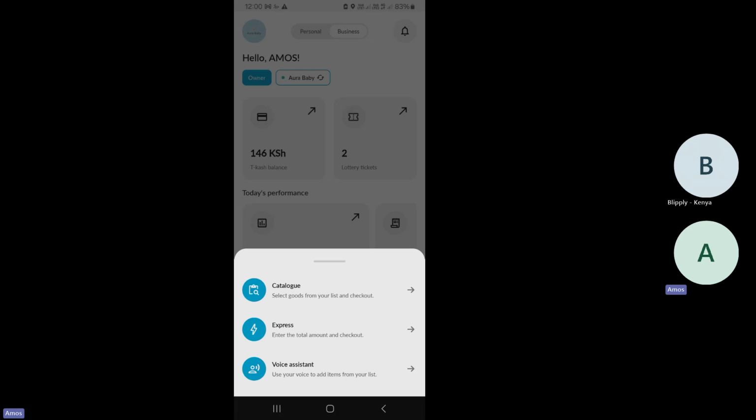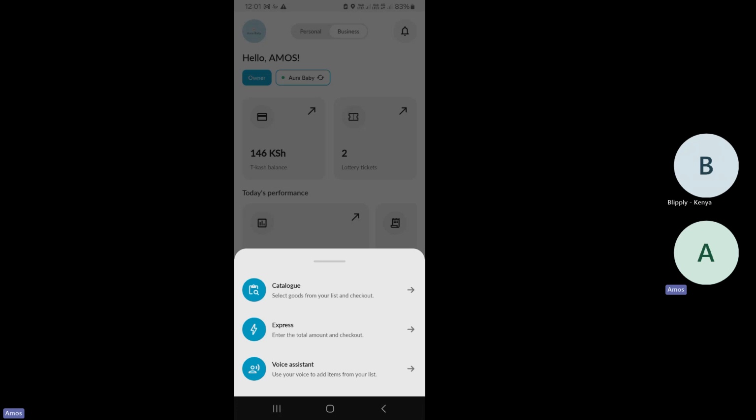What is this voice assistant? Remember I said during our first session that our platform is AI enabled. What does that mean? That we're integrating AI to help us sell faster with the voice assistant, although that is coming soon. It is coming in the next month or so. So you can keep on checking whether we have a new version. In the new version of the app, you're going to have the voice assistant.